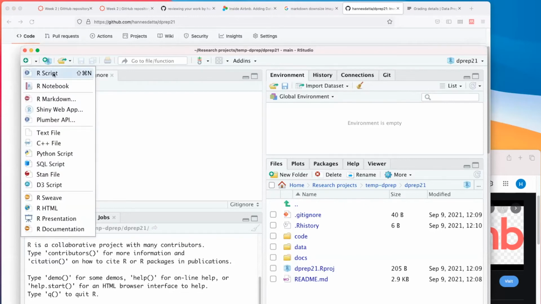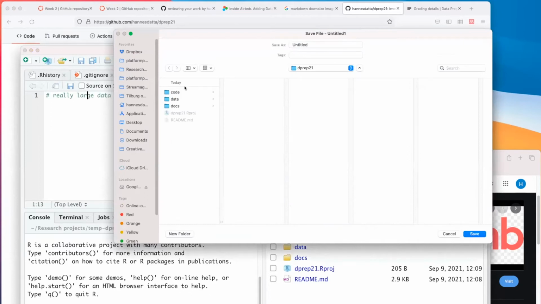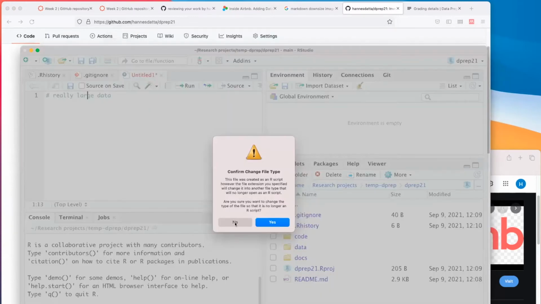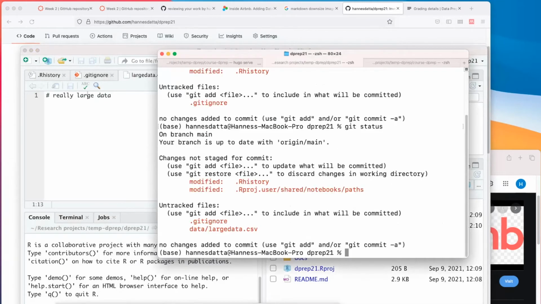Suppose there's a file. I call this really large data. And large data you should not commit, but I still put it in the data folder, large data.csv. Git status. Now there's this large data set, but data should not be on Git.